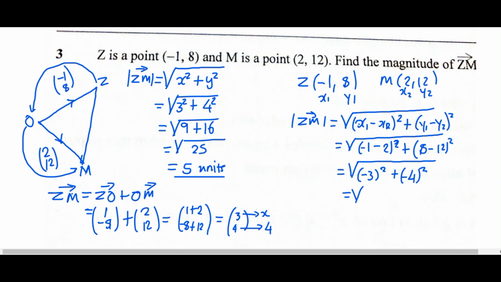So if we square, negative 3 squared will give us positive 9, negative 4 squared will give us 16. 16 plus 9 will give us 25. The square root of 25 will give us 5 units. So this is our answer. So these are the two ways in which we can find this answer. Now let's move on to